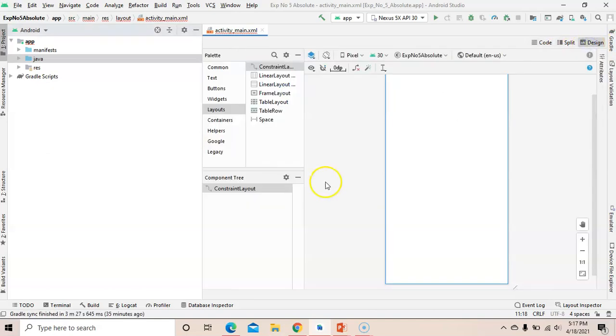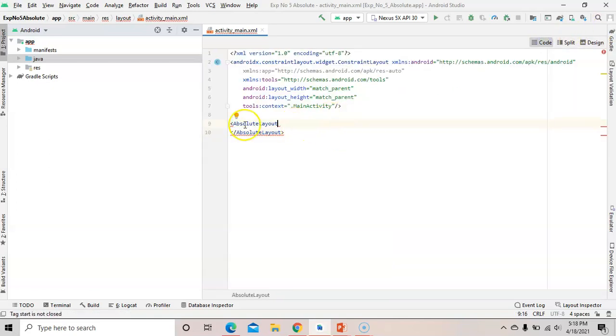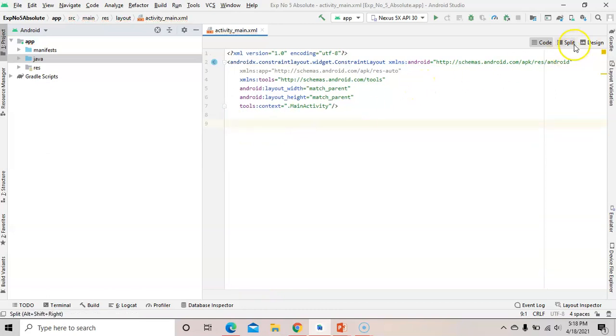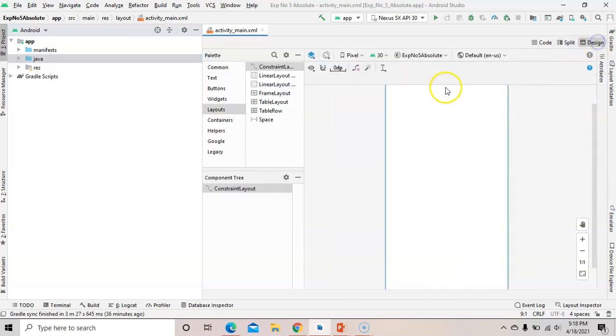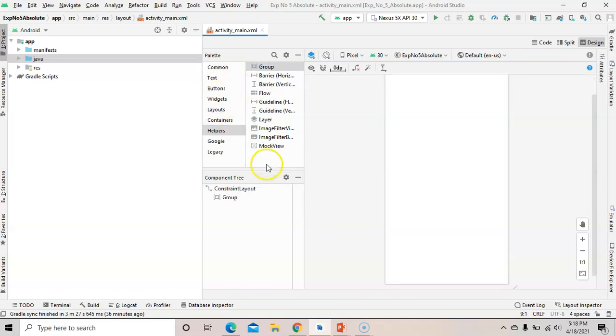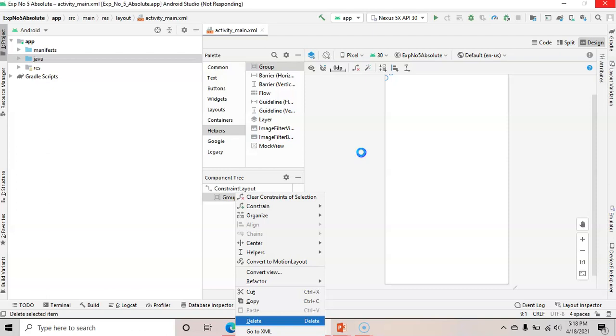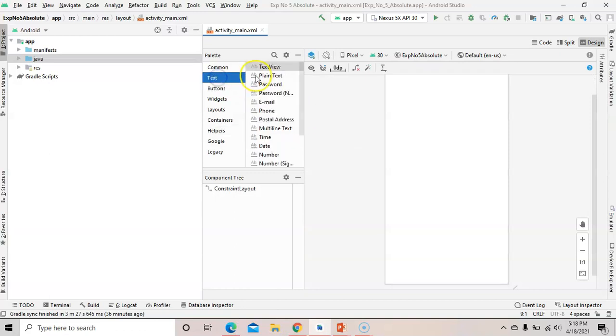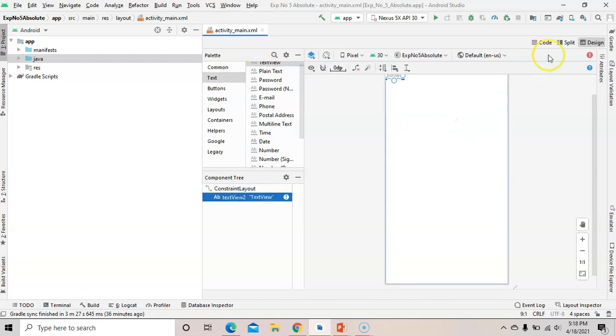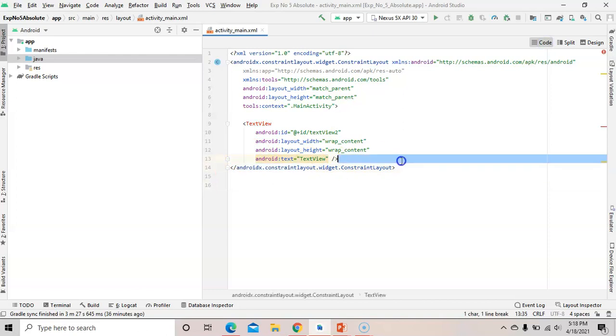So first of all, repair that syntax. Okay, this line was missing, that's why the error was coming.